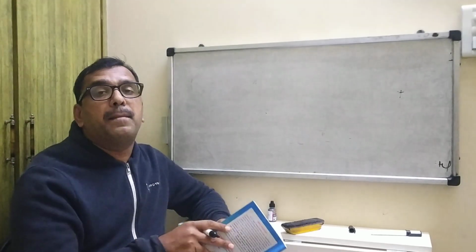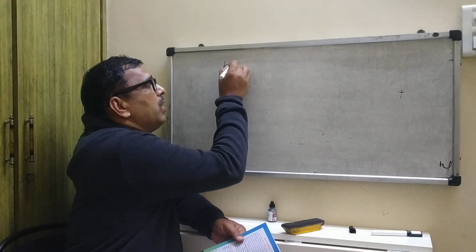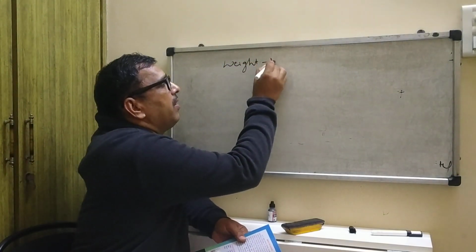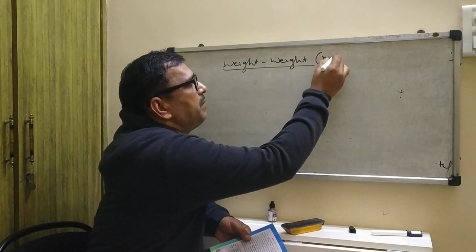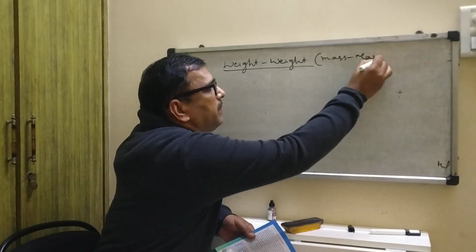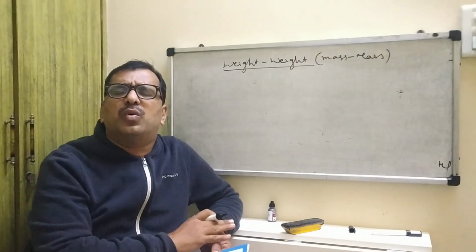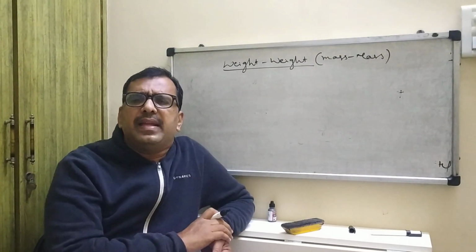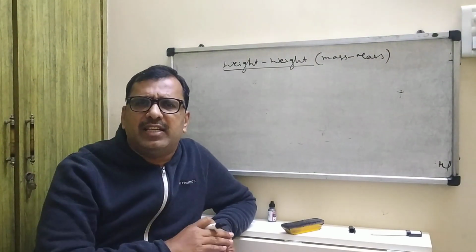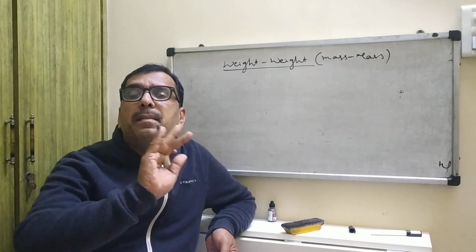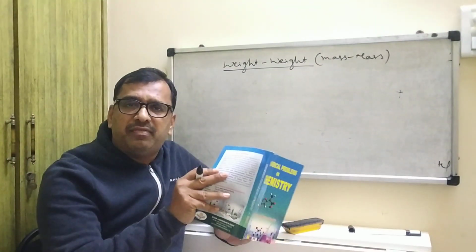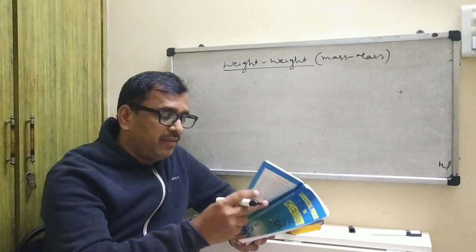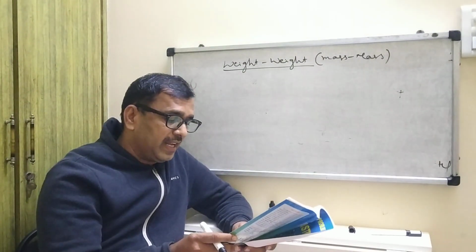Today, we are going to study the mass, or weight, relationship. Weight is nothing but a mass ratio. In problems based on chemical equations, how are you going to measure the mass relation? Now I will give you one example from this book, Numerical Problems in Chemistry. This is my book, so that is why I explain from this.